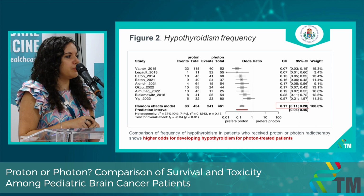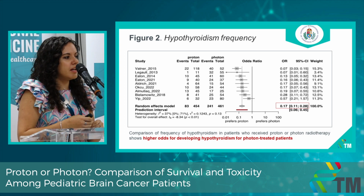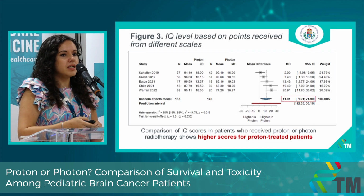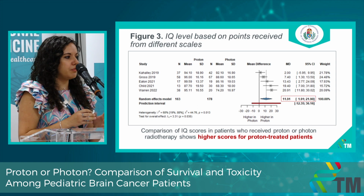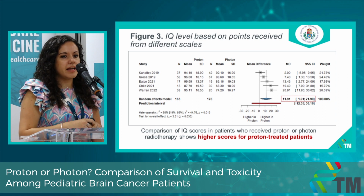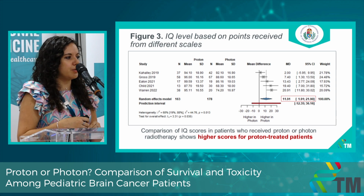Hypothyroidism, one of the endocrine side effect groups, was reported most commonly in the articles. In this case, we can see a clear effect with an odds ratio equal to 0.7, which shows us that by using proton radiotherapy, we can decrease the frequency of this side effect, and this was a statistically significant result. The IQ level was reported most commonly from the neurocognitive decline group. It was measured on different scales, but there is a correlation between these scales, which was mentioned in every article. In this case, we use the mean difference as the measure of effect, which shows us that by using proton radiotherapy, we can reach a higher level on these scales, so the neurocognitive decline can be